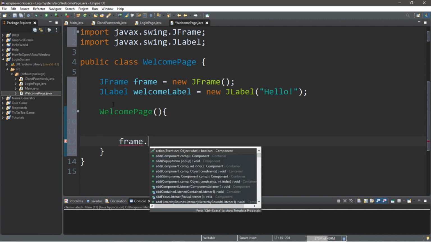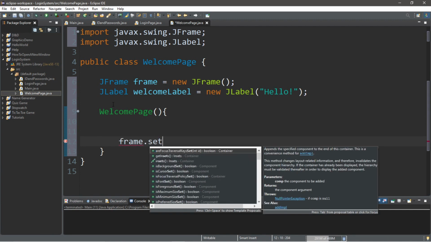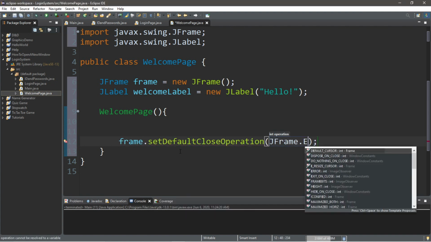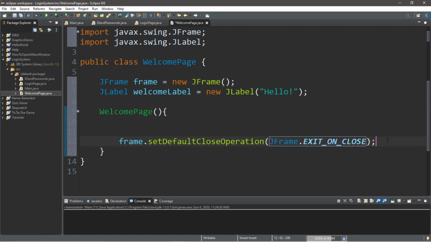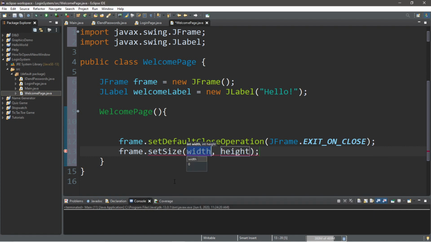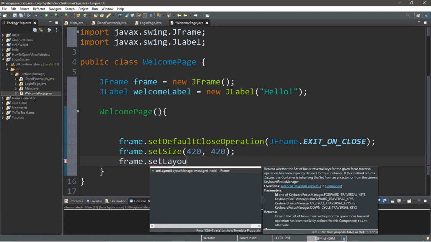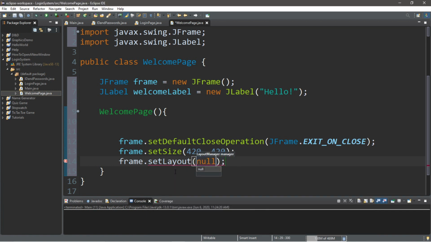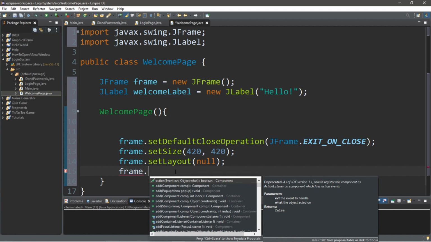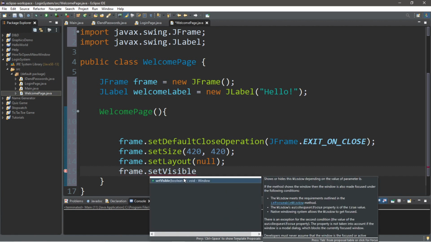So frame dot set default close operation, JFrame dot EXIT_ON_CLOSE, and then frame dot set size, and I will make this 420 by 420, and then set the layout, frame dot set layout to null because I don't want a layout manager. Then we need to set the visibility, so frame dot set visible to true.